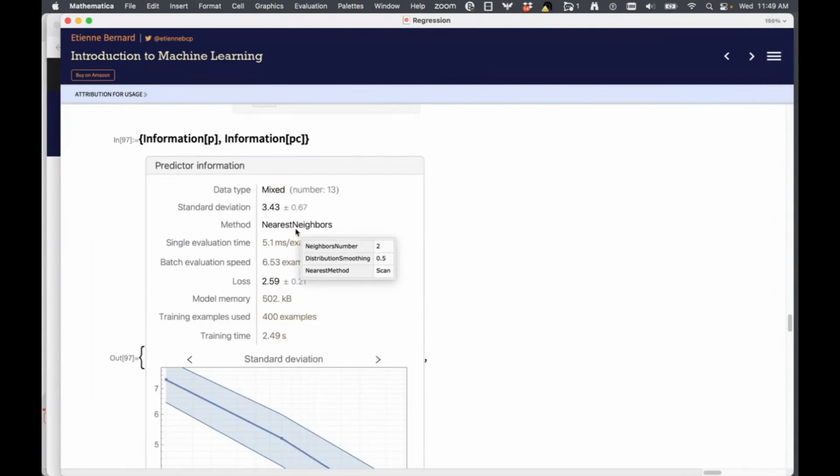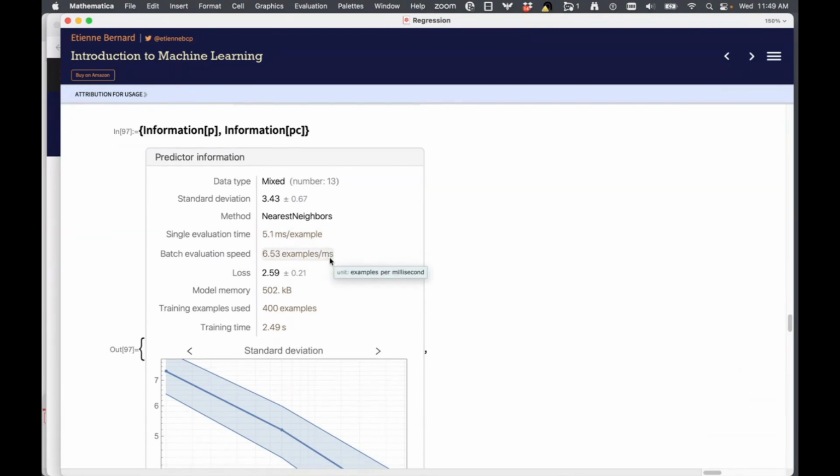My original model, we saw it use nearest neighbors. It had a standard deviation, which is kind of a representation of the error, of 3.53 at a 95% confidence interval. It showed you batch evaluation speed, that when the classifier was being built, it was trying out different methods on different batches. It was going at this speed, and it takes about 5.1 milliseconds to give you a prediction when you give it an example.